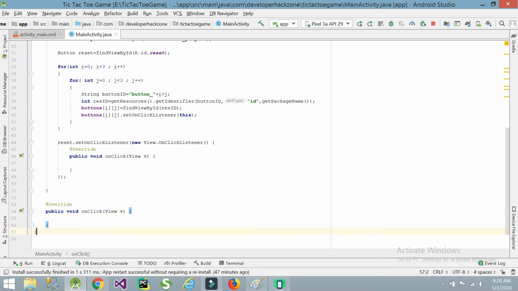Before I write this code, I am going to write other methods: if player 1 wins, what happens? If player 2 wins, what happens? If the match is a draw, then what do we need to do?